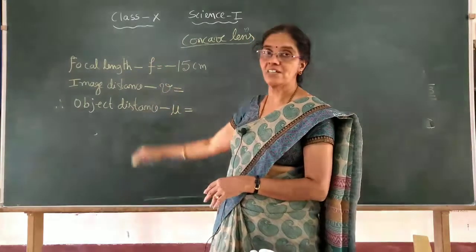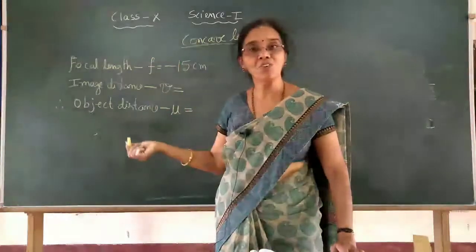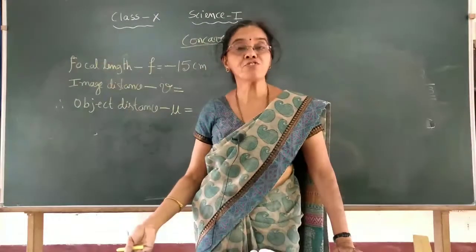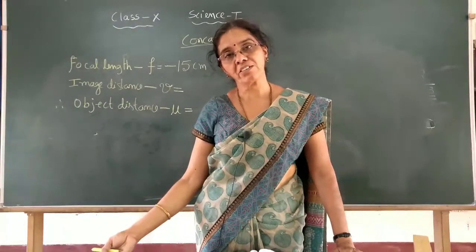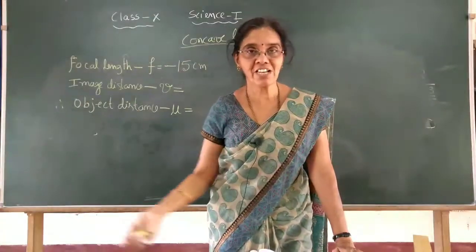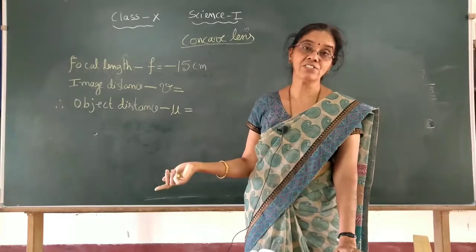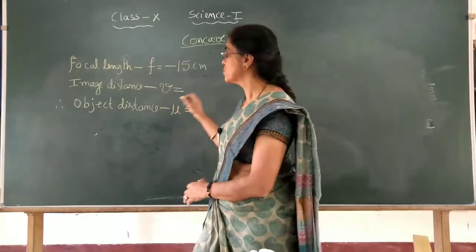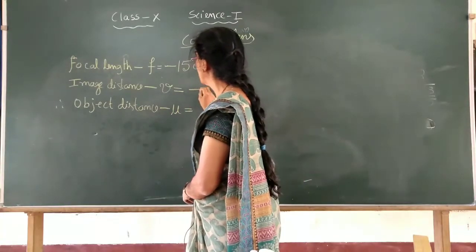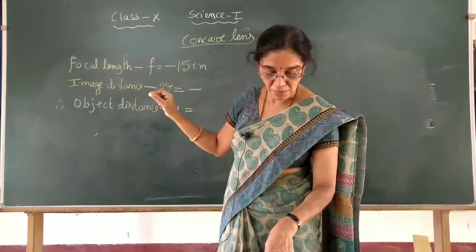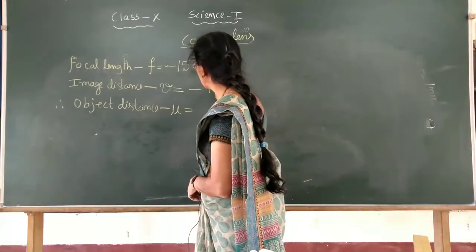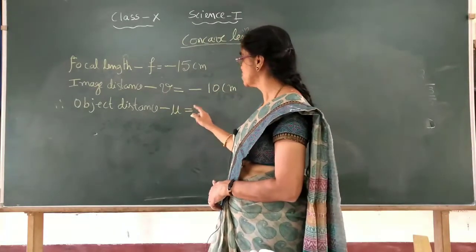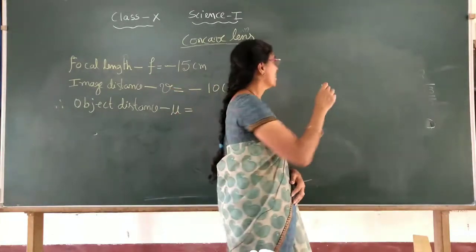Then the image distance. Just now in today's class only I said, in case of concave lens, image always forms on the same side of the object. Object is placed to the left side of the lens, concave lens, and on the same side the image will form, and left side is always taken negative. So image distance is also negative always. How much are they given? The image is formed 10 centimeter. So it is minus 10 centimeter. So what is the object distance? U is how much?